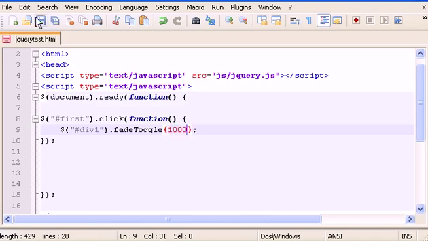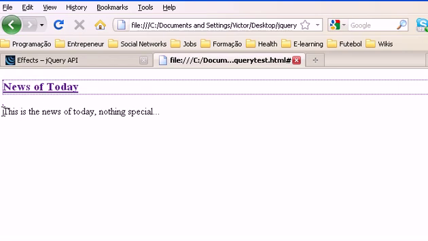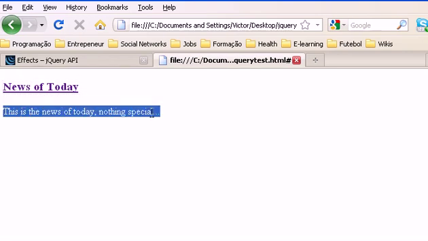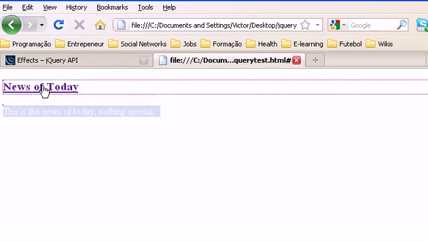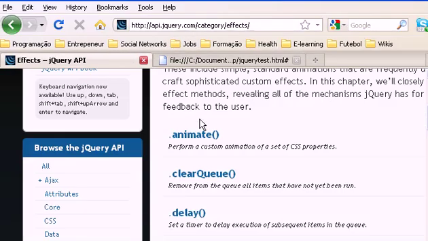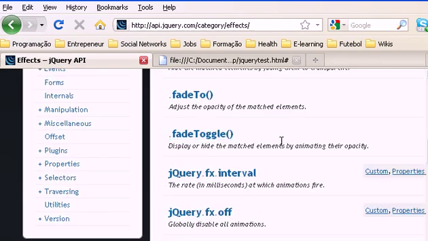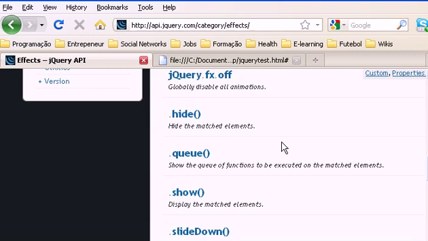And we can delay that. Let's put here 1000, and let's turn back to Firefox and refresh. If I click, you have a little delay on the fade, as you can see here. Beautiful. You can try a lot of different effects that you have here. Fade in, fade out, fade toggle. You have